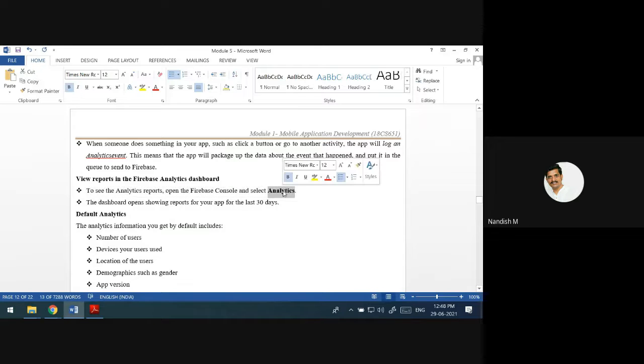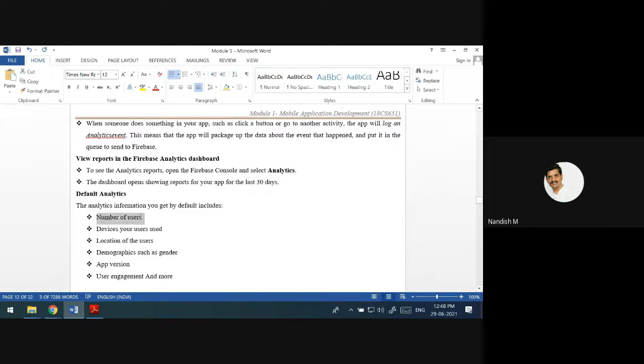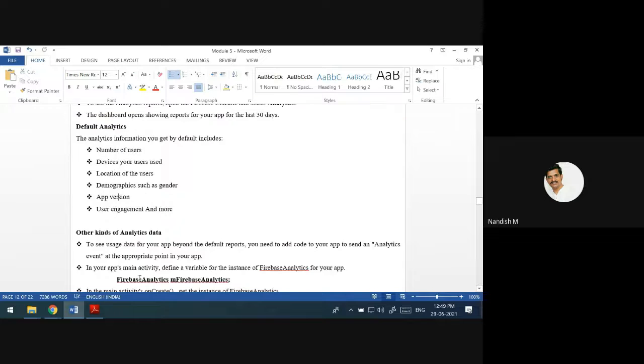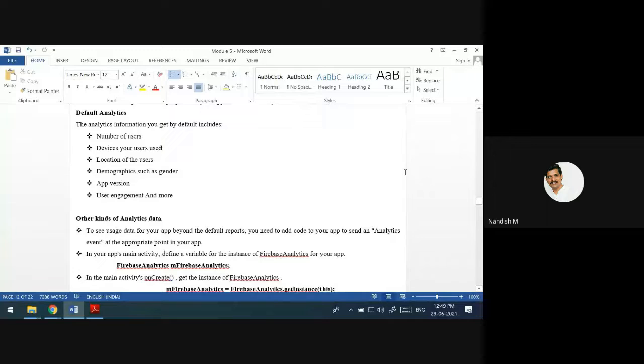There you have to select analytics, and in that dashboard you are going to get reports of the last 30 days: what actions were done, and what default analytics you get, like how many are using, which devices they use, whether mobiles, computers, or tablets, which location in the world the users are from, some information about gender, the app version, and some more information. All this information you get by default.